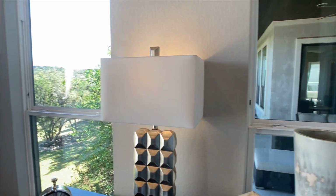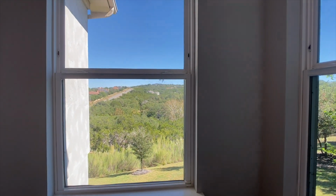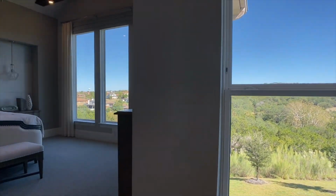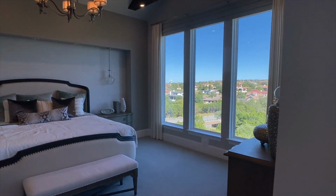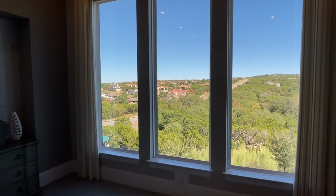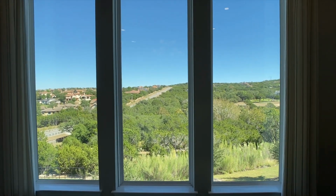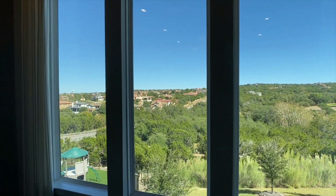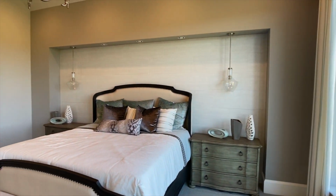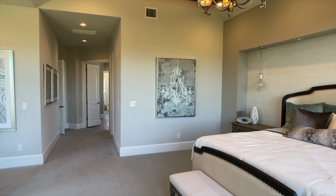By the way, that window is looking out to that patio area. So that patio had that view because there are no trees here kind of blocking the view. I like this desk that they have in here, for some people who just need to work downstairs, maybe separate from the study, especially if there's two people working from home. There's a nook area for that, and I was just showing you the view from your seat. But this is what it's all about, waking up to this, opening up those curtains, and seeing that great view. That's exactly why I came here, to show that, and wait till you see that on the